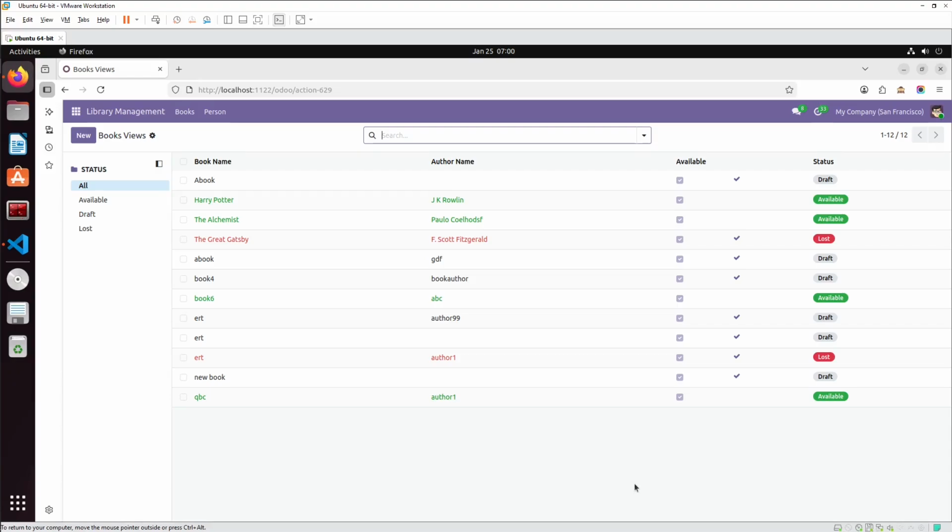In our previous lecture, we studied how to make a column invisible in the tree view or list view. So, in today's lecture, we will be studying how to enhance the many-to-one field in tree view or form view. What I mean to say is, when you go to the sales module here,